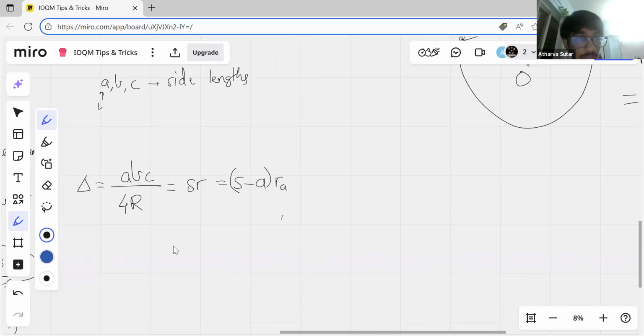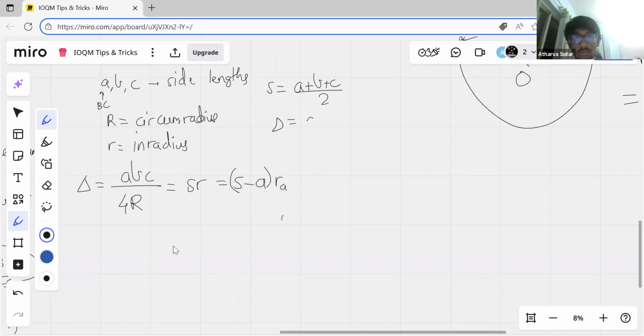A is used to denote BC, and so on. R is the circumradius. r is the inradius, the small r. S is the semi-perimeter, delta is the area, and RA is the exradius